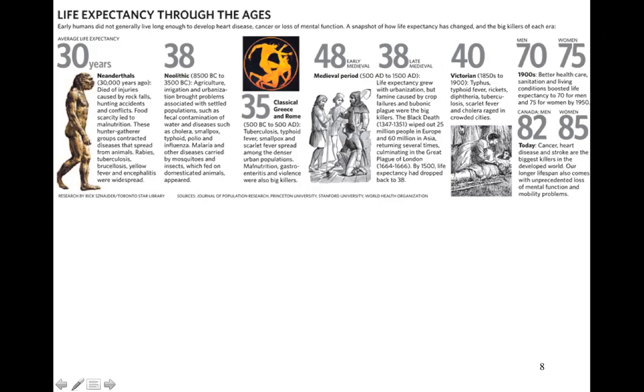But this is the interesting part up here. Once you jump past the 1900s, life expectancy shoots up. Why? Because we have better healthcare, sanitation, living conditions. We now have nutritious foods and things that are relatively easily accessible. And then if you look at today, our life expectancy, 82 for men, 85 for women, because in our modern